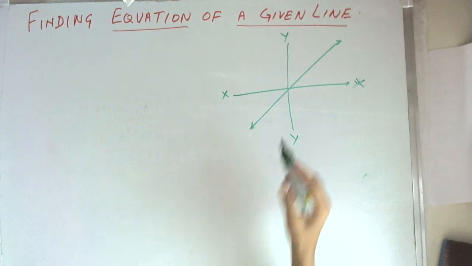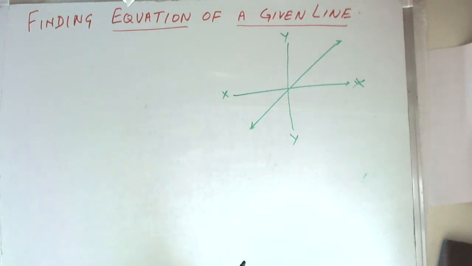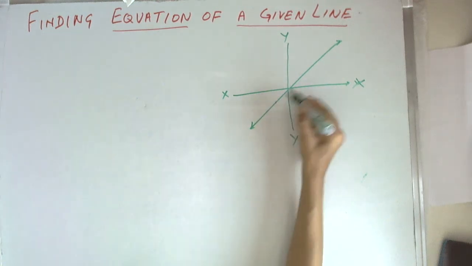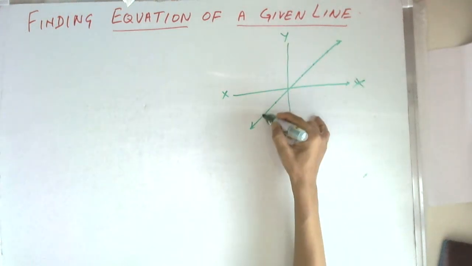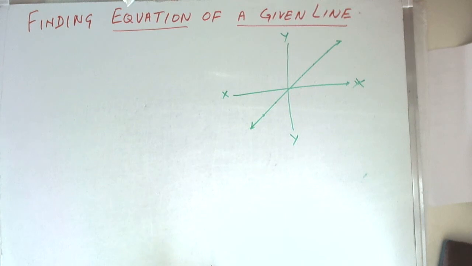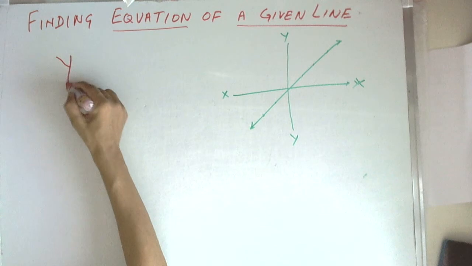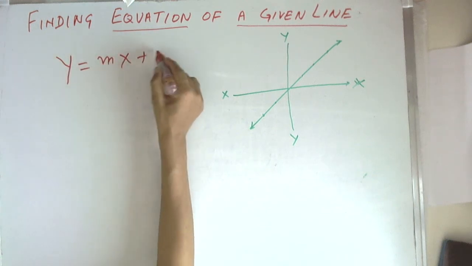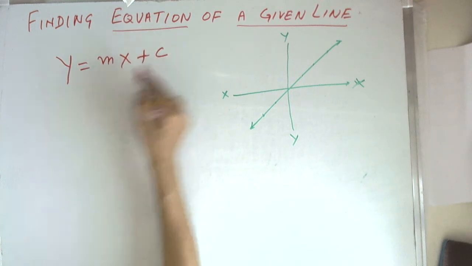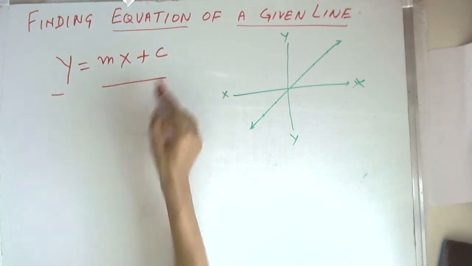Now one way of finding this is that we take all the points, plot a table, put them into a table and then try to fit an equation which gives us the line. But there is a systematic method of doing the same thing, and that is, first we need to understand that the format for finding a line is y equal to mx plus c.